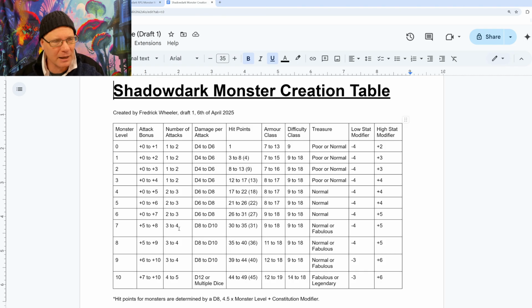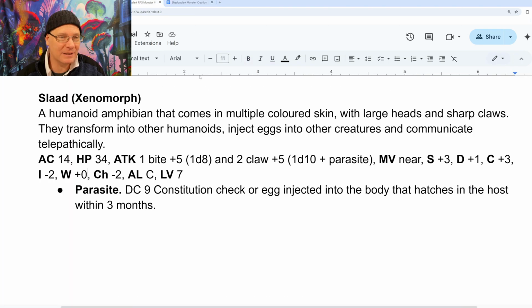Okay, so the first thing I would suggest to you is, if we're dealing with level 7, our attack bonus should probably sit between a +5 and a +8. I would say +7 is probably the best number we could select for our attack. This one is actually +5. Now I've taken that